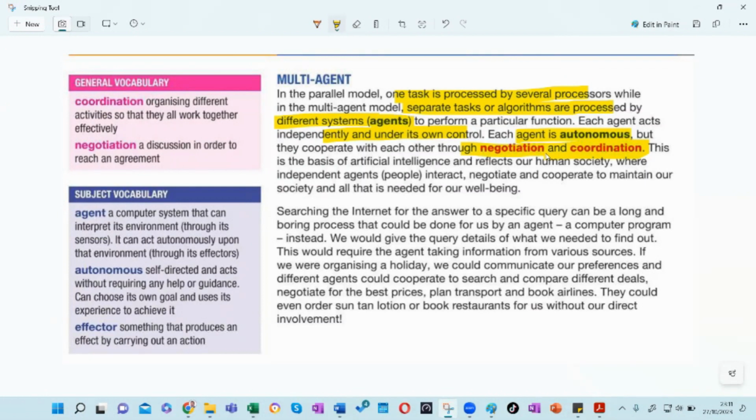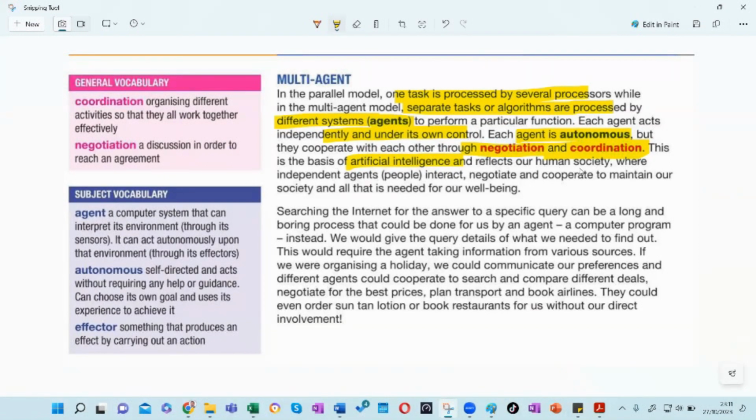So this is like a distributed system, right? And these agents can be in different places, maybe in different countries even. So imagine something like big data processing. It has to be distributed among several systems around the world or maybe around a place. It can't be handled by one system. So then there should be a complex system. So these agents, they negotiate, they talk to each other, they coordinate, they distribute the work, right? And for that, we need artificial intelligence. Okay. Where independent agents,